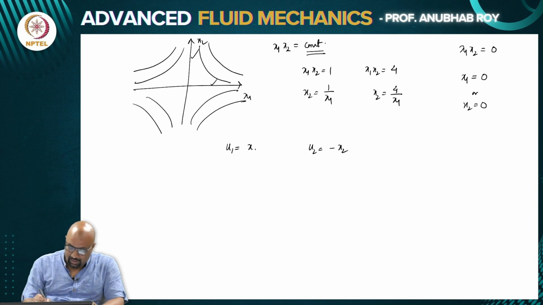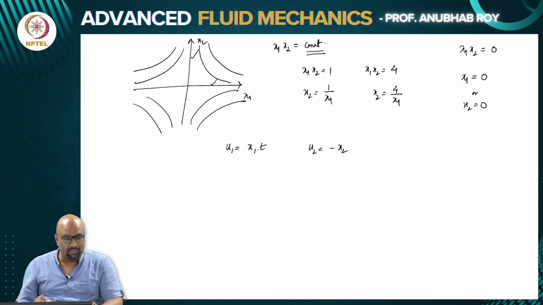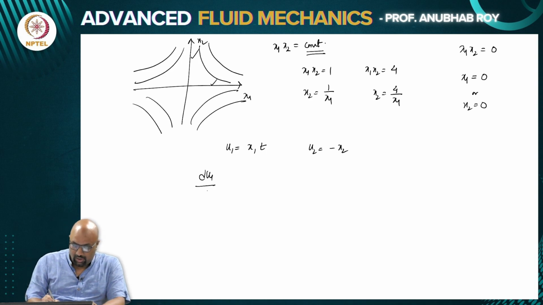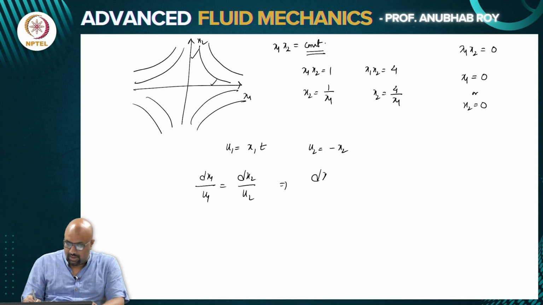I think we'll make it more complex as we go on. So let it be x1 times t. It will become more difficult as we go on. So u1 is x1 times t, u2 is minus x2. Let's do the integration once more. So dx1 by u1 is equal to dx2 by u2, which is dx1 by x1 t is equal to dx2 by